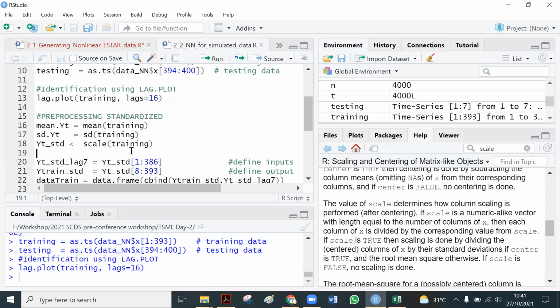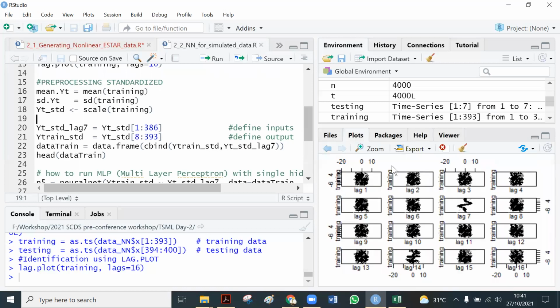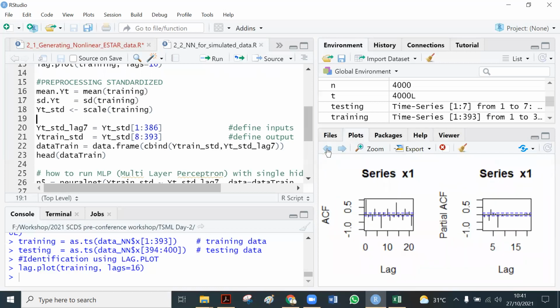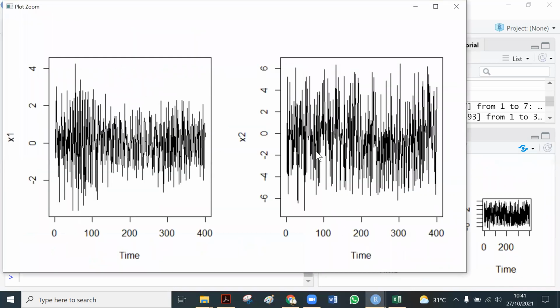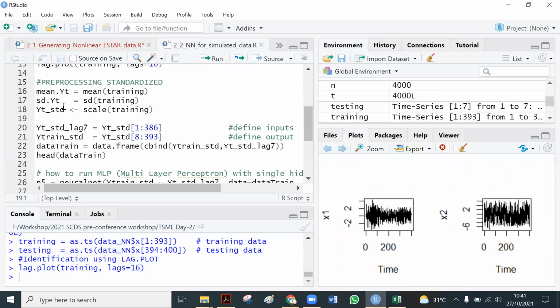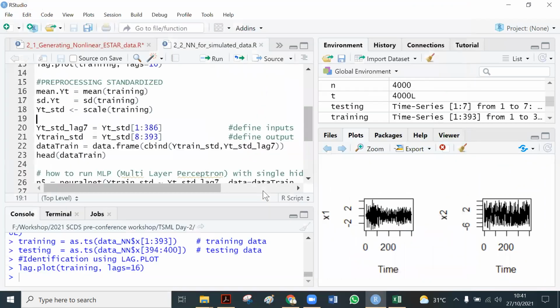Okay. Now we determine the predictor. We have the data like this. We only have the time series data. In this code, we name this x2 as yt, right?